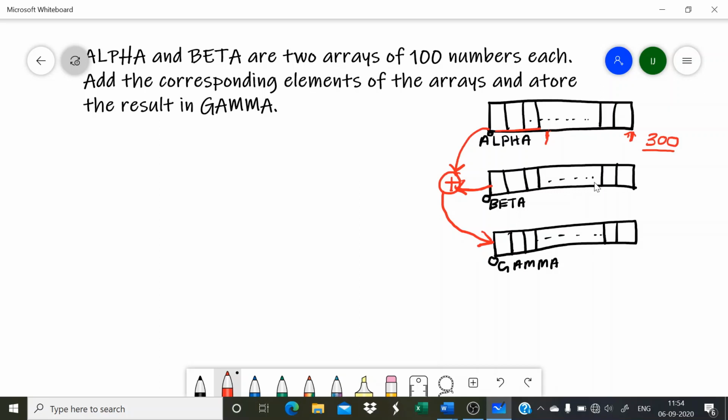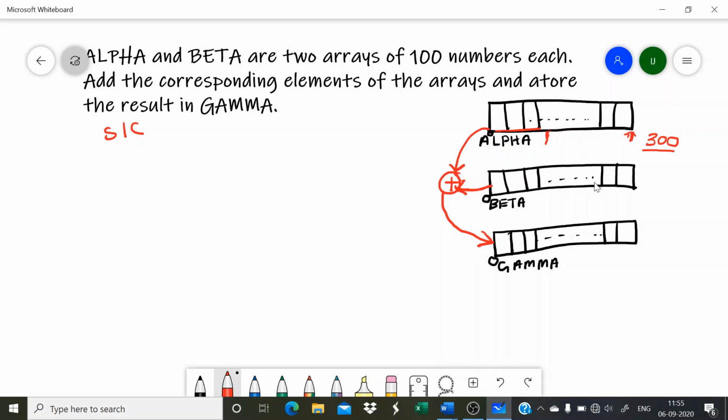Then store the result in the first position of gamma. Then next, the second element we have to take, third element, like that we have to repeat this process. So first we can see the SIC program for this, how we will write this in SIC. And we can keep a variable for index, keeping the index value, and we have to check whether the index has reached 300 or not.